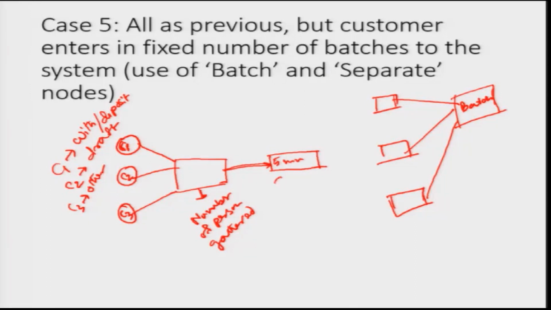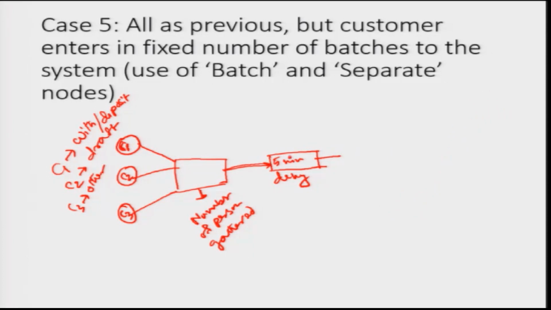So, we will put it as a delay, and then once they return to the bank, the customers basically move to the... once the customer reaches the bank, the customer needs to be separated, because otherwise, once you have made a batching of the customers, ARENA thinks that there is only one customer.